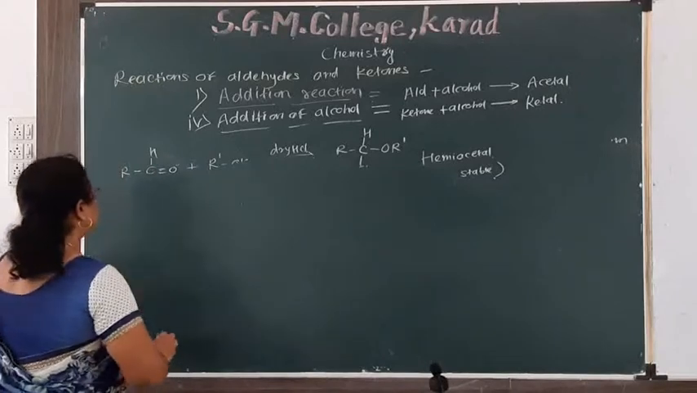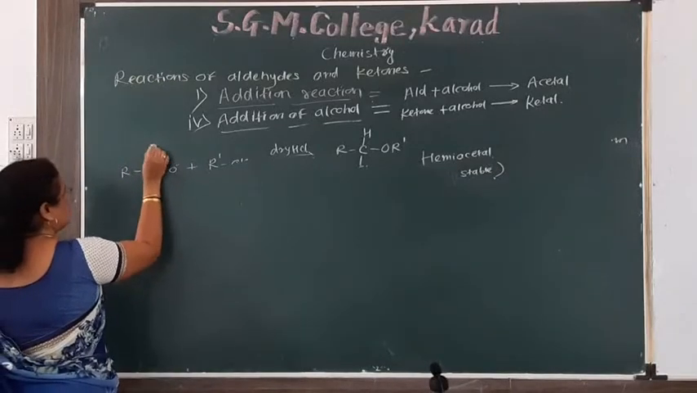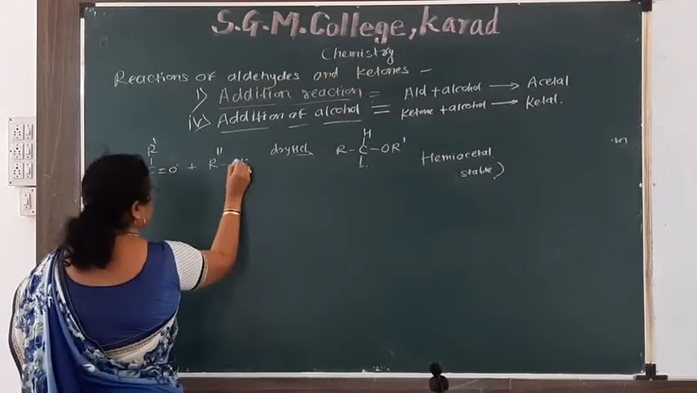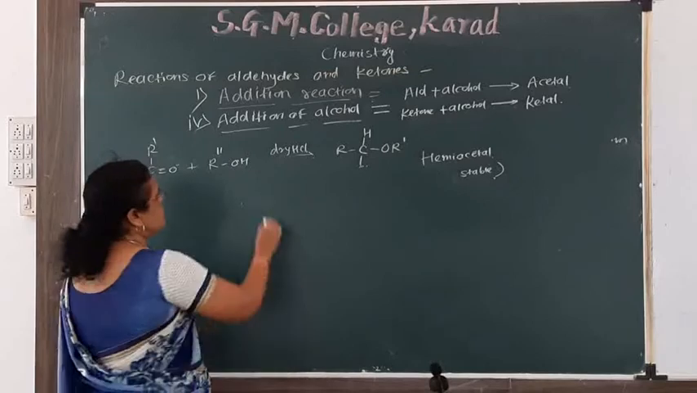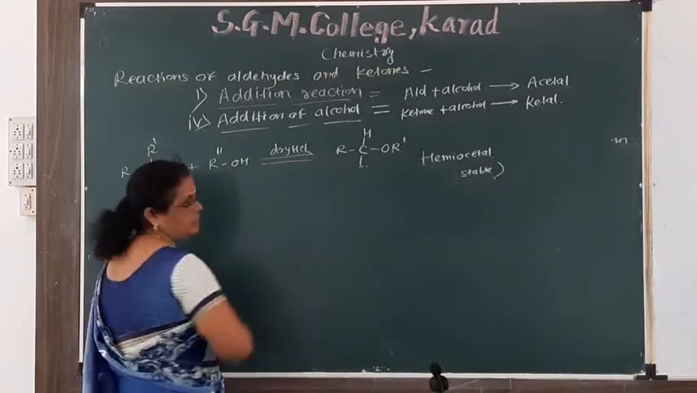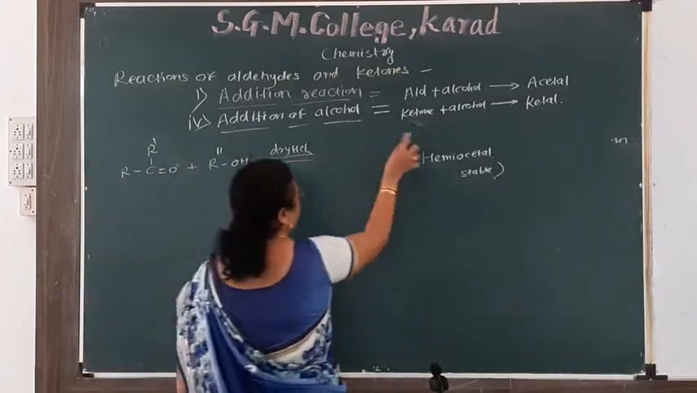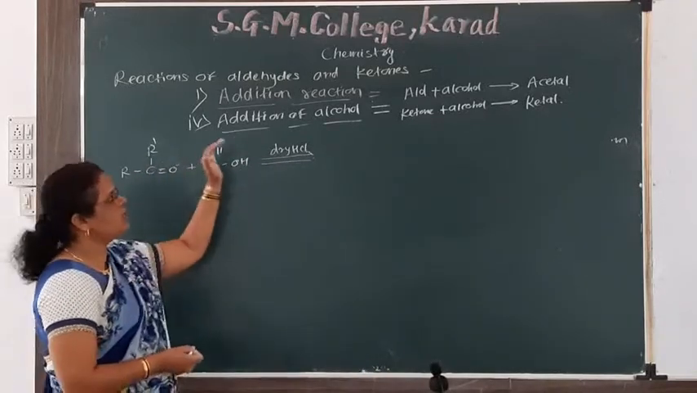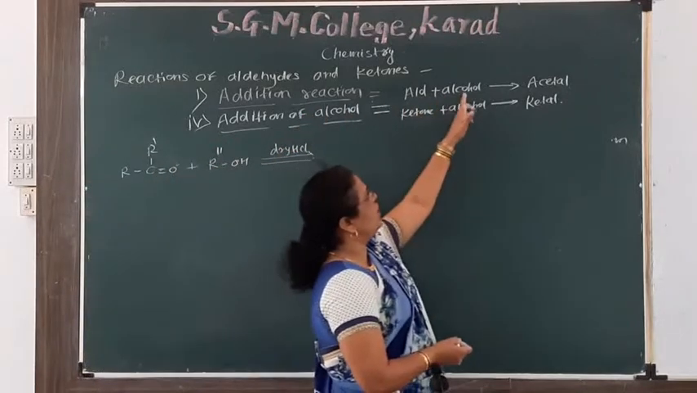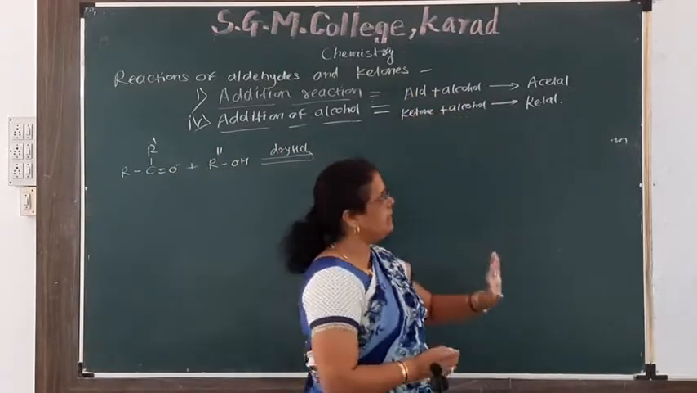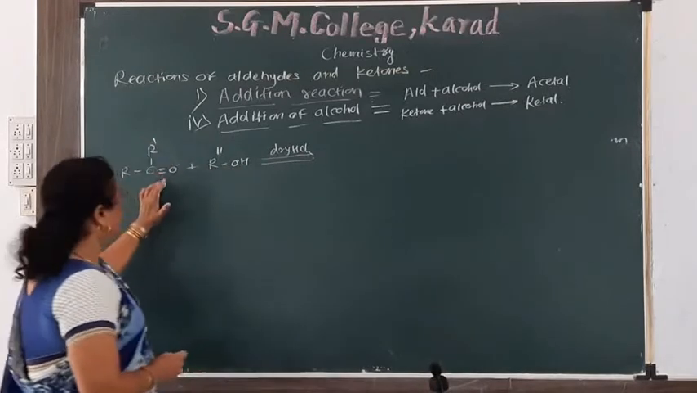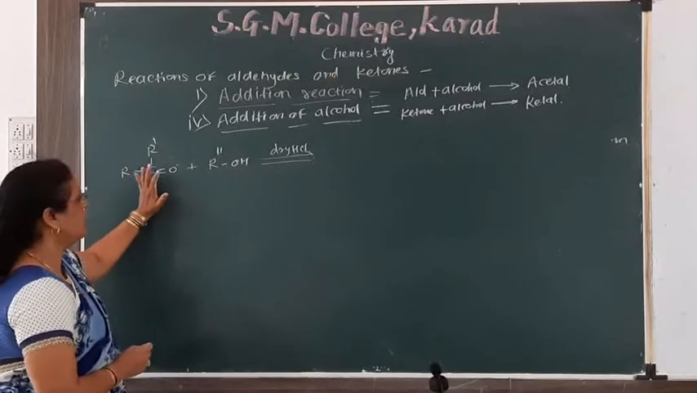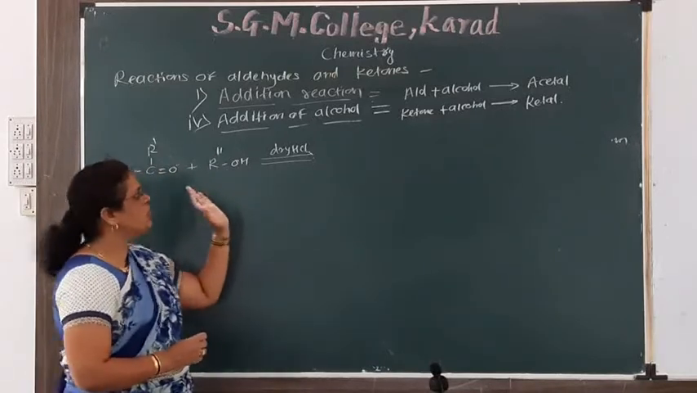ketone, that is RCR', when treated with alcohol, that is R''OH, in presence of dry HCl, then it forms hemiketal. Similarly, in case of aldehyde, first molecule of alcohol reacts with aldehyde to give hemiacetal. Here also, in case of ketone, for example, RCR' plus R''OH, then